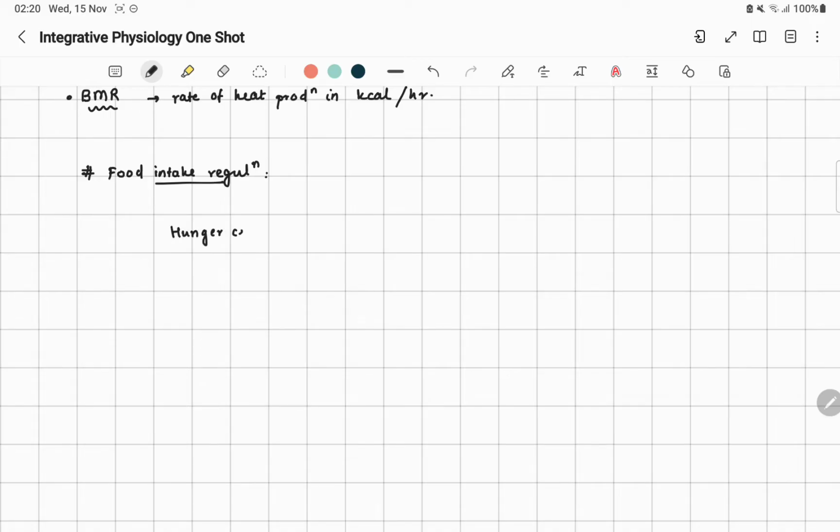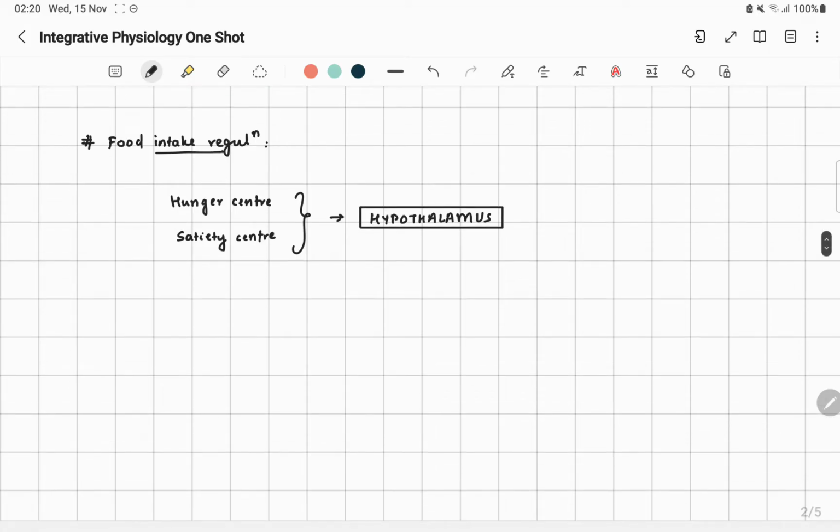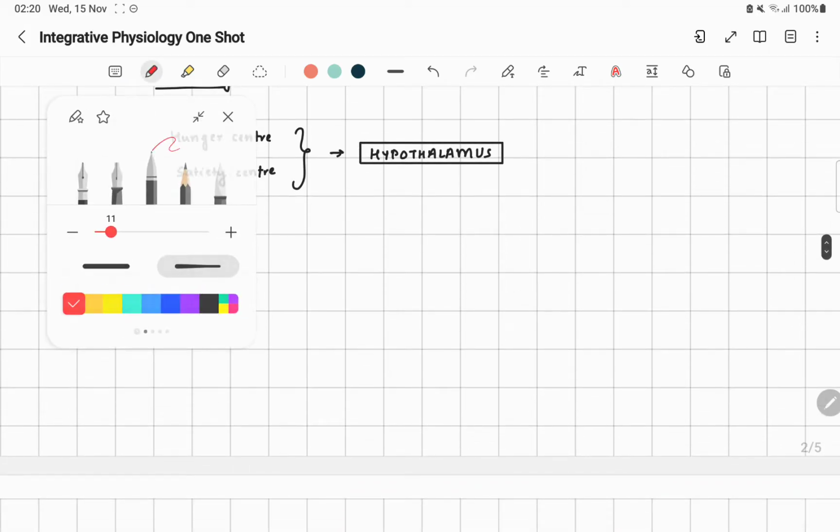So you have a hunger center and you have a satiety center. Both centers are present in the hypothalamus, and they help to regulate the food intake. So the hunger center, what does it do? If you are hungry,